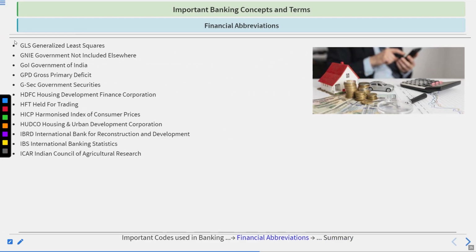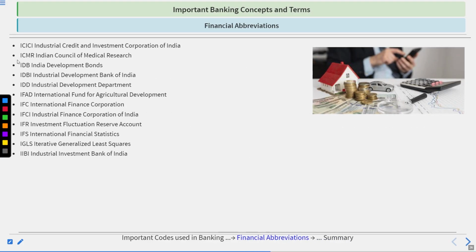Then GLS generalized least squares, GNI government not included elsewhere, GOI government of India, GPD gross primary deficit, GSEC government securities, HDFC Housing Development Finance Corporation, HFT held for trading, HICP harmonized index of consumer prices, HUDCO Housing and Urban Development Corporation, IBRD International Bank for Reconstruction and Development, IBS International Banking Statistics, ICAR Indian Council of